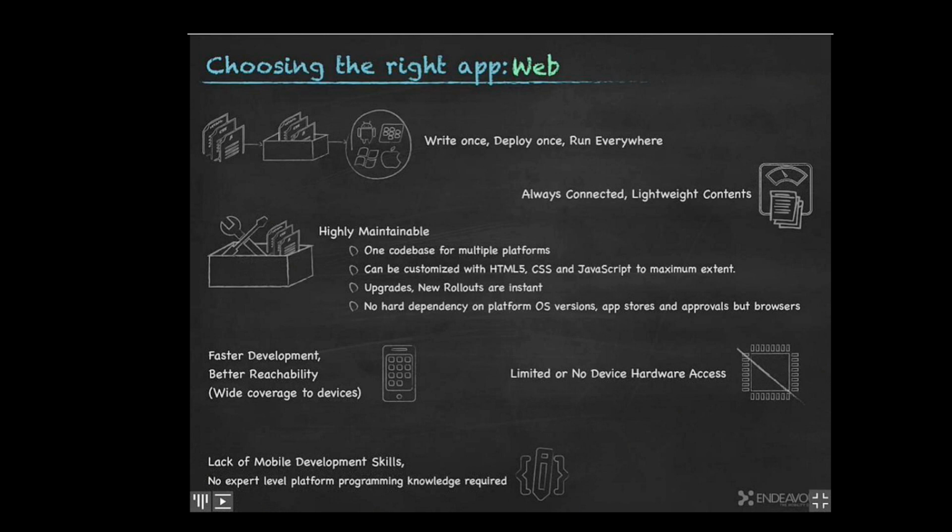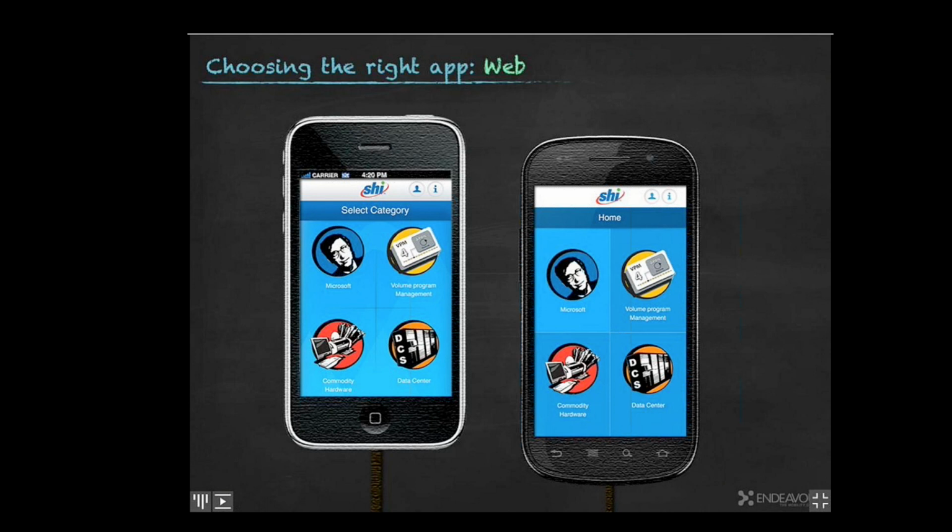Okay, let's go to an example of a web app. Next slide, Sanjay. The application in this example is meant for an enterprise sales team. They needed access to various product brochures that they sell. The primary objective of the app is to help the sales team enhance their knowledge about the products and product lines. It delivers all content in connected mode only, and it allows users to answer a questionnaire about the products and provide general reading content.